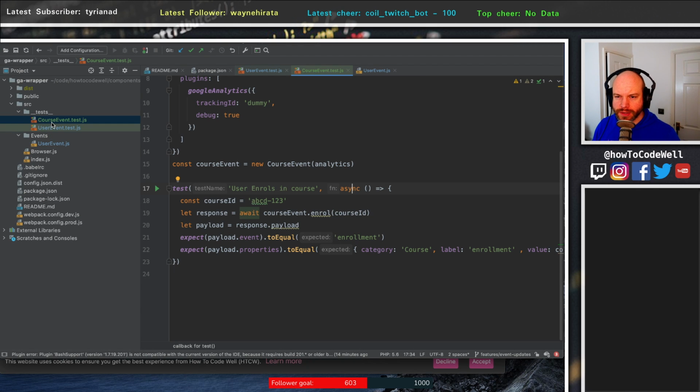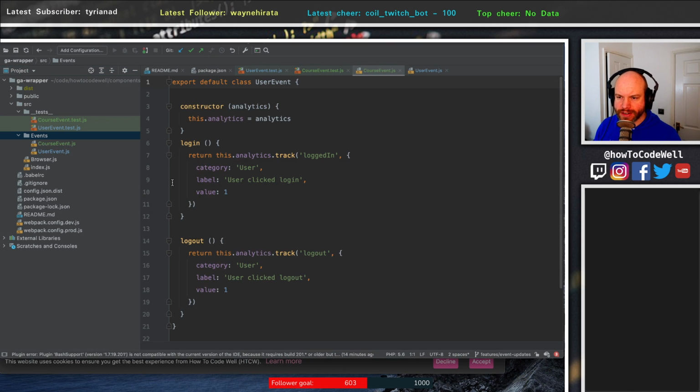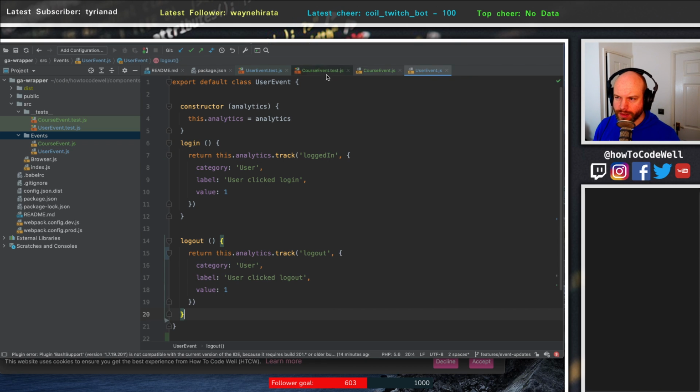So what we do is in here we're going to copy the user event over to a new file called course event, and the course event is going to have a single method. Let's get rid of the logout for a second. Called enroll. Enroll is going to take a course ID. And what we're going to do is we're going to track, that is the event name. So the event name here is, if I can find it,